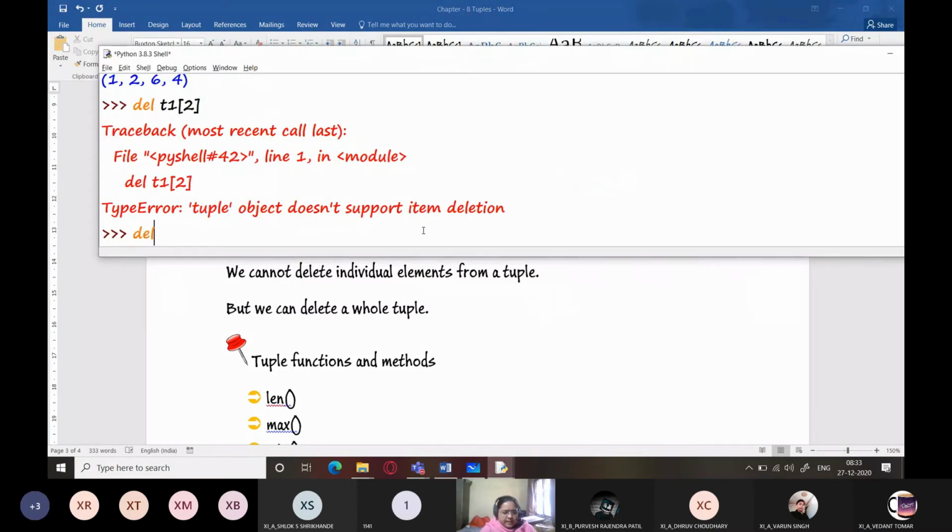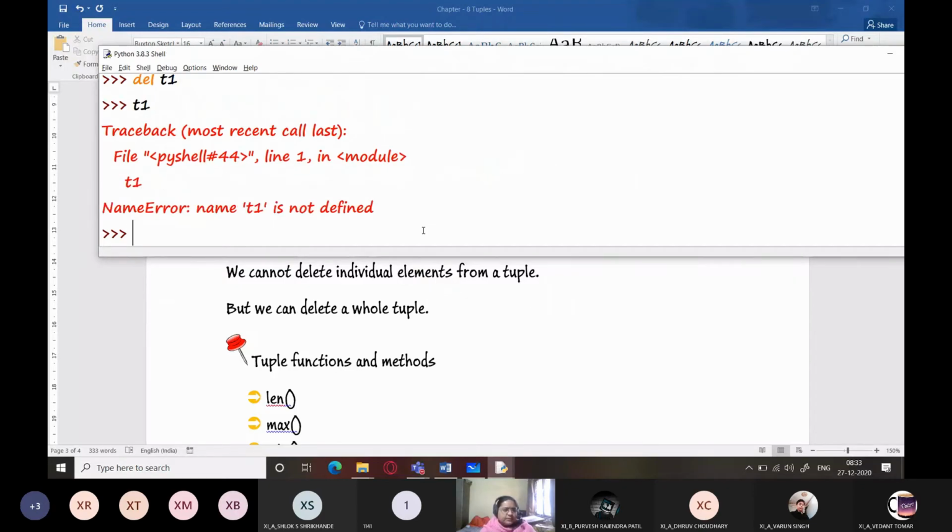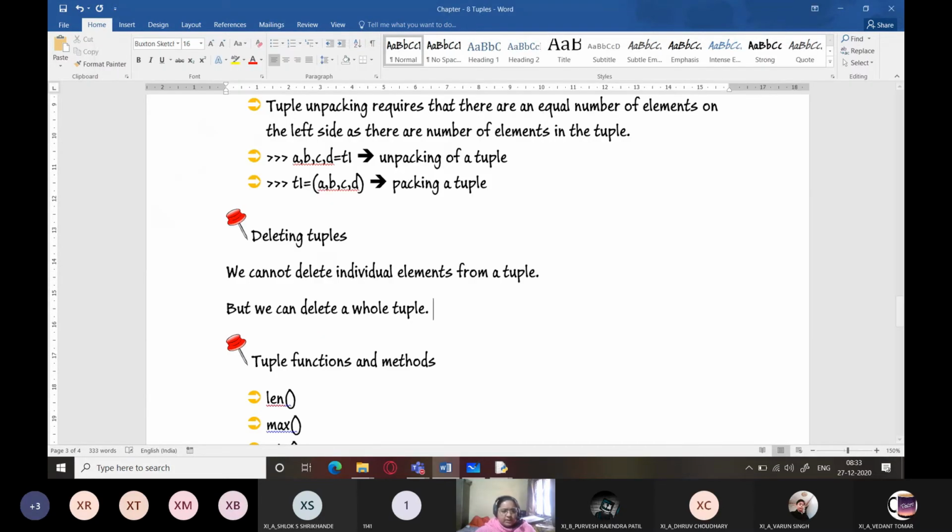We will simply write del t1, and if I now type t1, you can see that the name t1 is not defined, right? So you can delete the whole tuple object, but you cannot delete individual elements within a tuple.